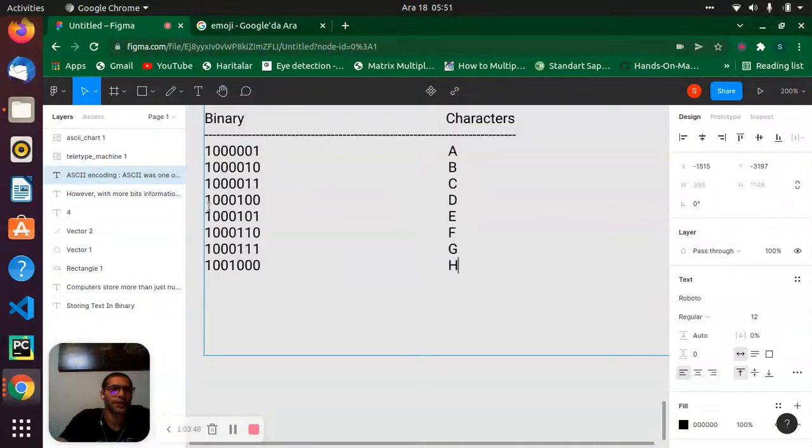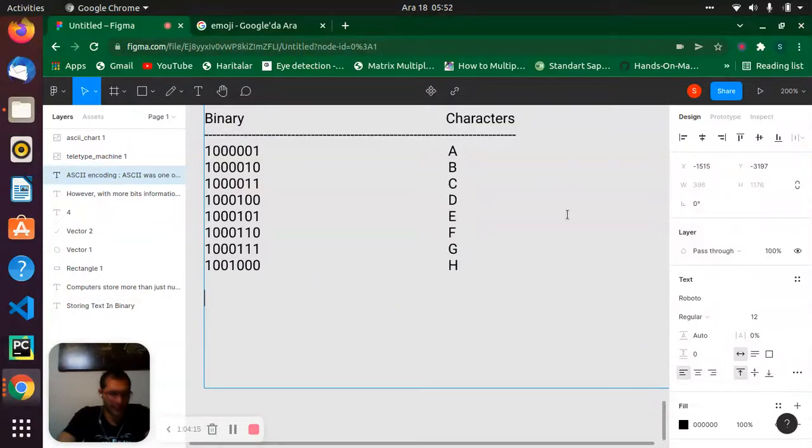C. And 64 plus 4, sorry, 64 plus 4. It will be, right, it will be 68. And this one is D. 64 plus 5. And it's going all the way like that. E, F, G, H.